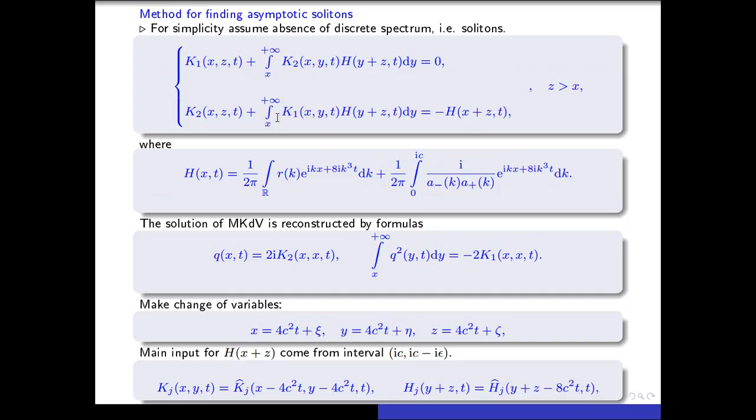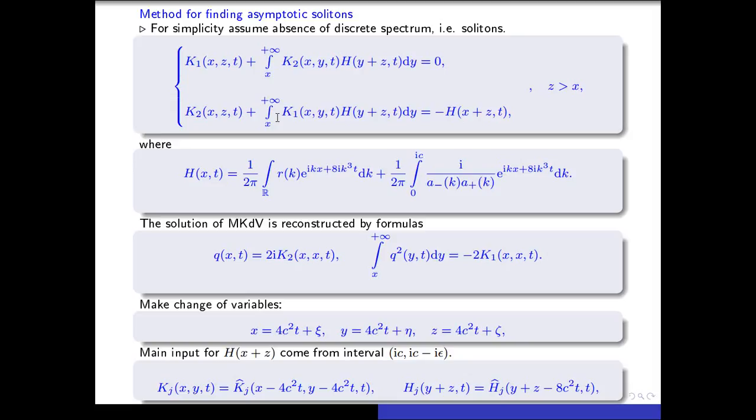And in conclusion, I would like to say that this is a statement of the problem, which we actually don't know how to solve. I will just give a brief description of the methods for finding asymptotic solitons, the method for finding this modulated elliptic wave, and for decomposition of this modulated elliptic wave into solitons with logarithmic phase.